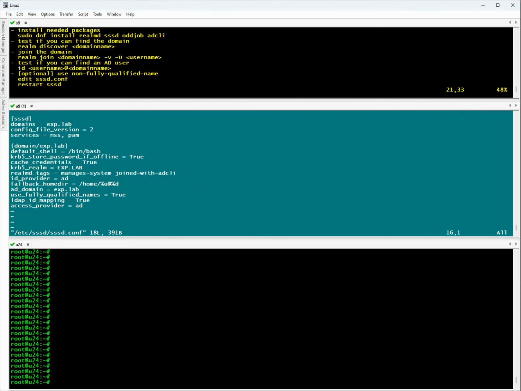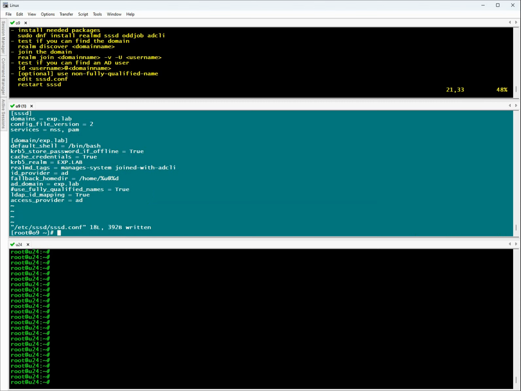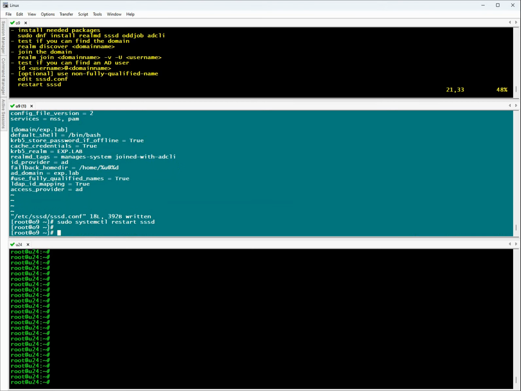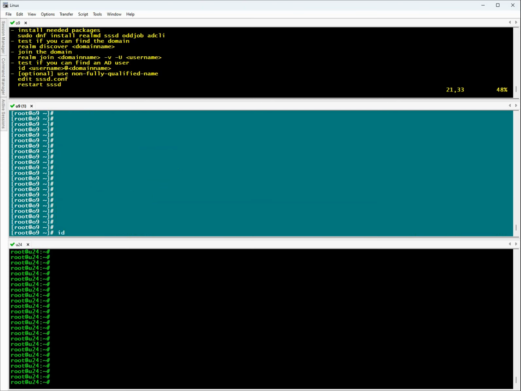In this conf, the line we are interested in says use_fully_qualified_names = True. Because we don't want to use the fully qualified name, just the name, we can just comment it out. By default, it is false. So now we're going to restart SSSD. After restarting SSSD, now you can see if I do id expadmin, this domain user,